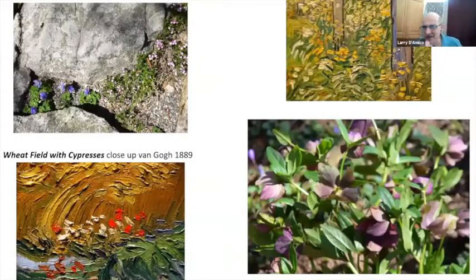And again, what I wanted to bring out in this is the intensity of Van Gogh, and how he used the brushwork to articulate the intensity of observation of nature, and the amount of things that are going on out there. This close observation of things,